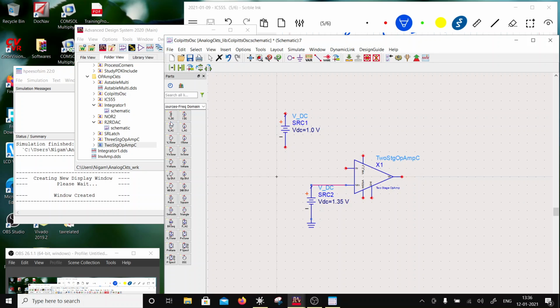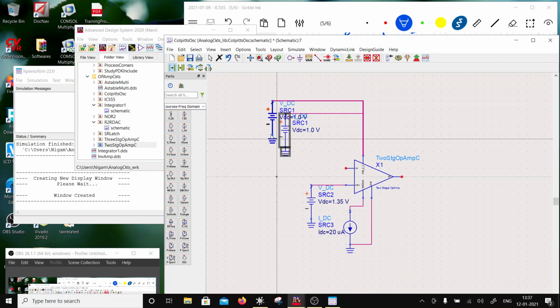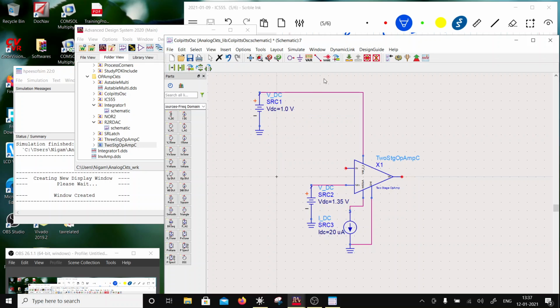And then I'm going to put here current source, which is going to be 20 microamperes, correct? And if the oscillations don't happen, I'm going to reduce this current so as to increase the output resistances. But for now, let's just try this out, right? And then I'm going to put here a feedback. Okay, so I would have a feedback in here,